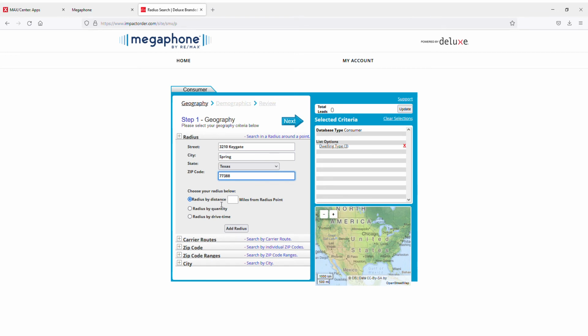Then you got to choose, how do you want the radius? Do you want it by drive time? Do you want it by distance? I'm just going to do it by the nearest. Let's just say, I don't even know. I'm going to say 750. Yeah, 750 is good. Now, it may not pull my full farm area depending on how the radius looks,